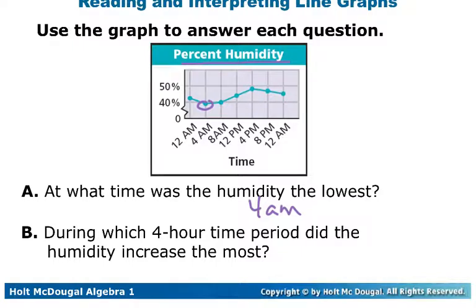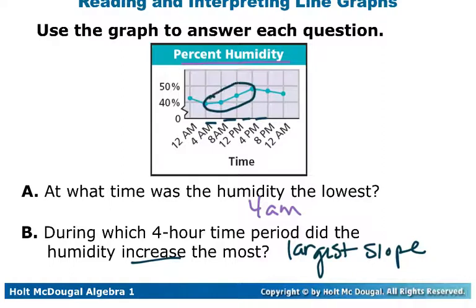And then during which 4-hour time period did the humidity increase the most? Okay. I'm guessing since this is the lowest point and this is the tallest point, that is in fact going to be the largest 4-hour period. Oh, never mind. Each of these is a 4-hour period. So we're just looking for which one has the largest slope. They are looking for increase, so we want to do it here where they're increasing, and the tallest one,